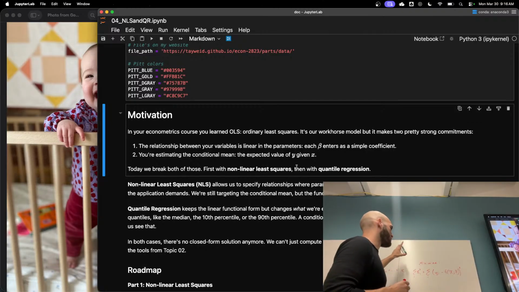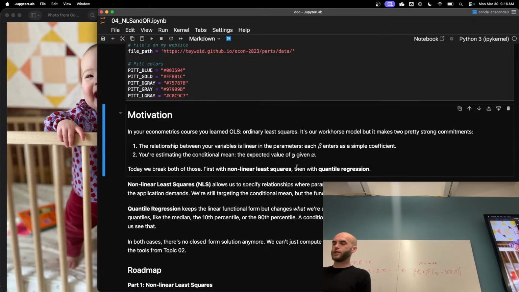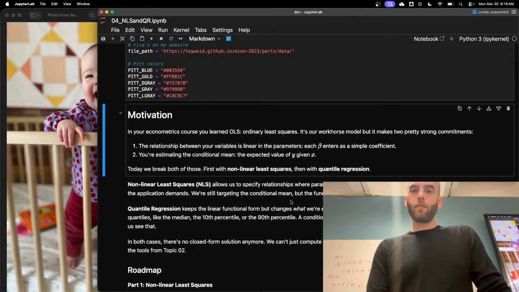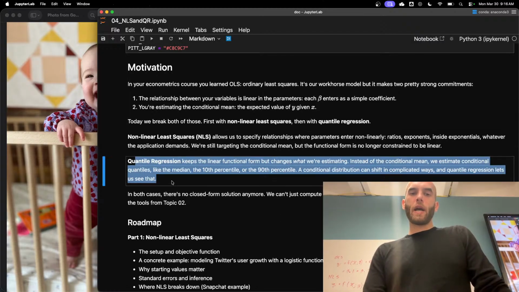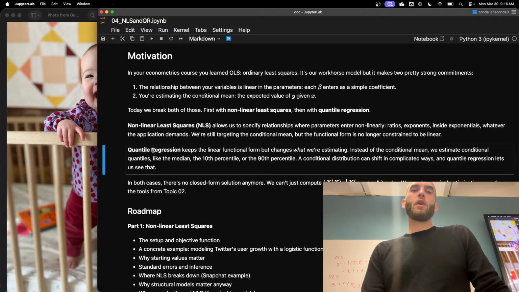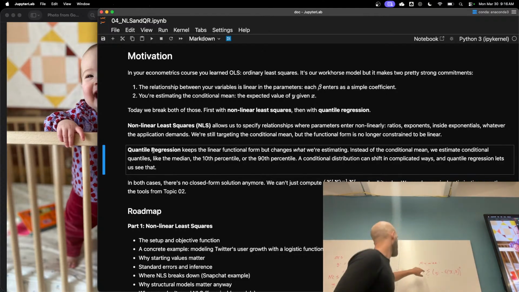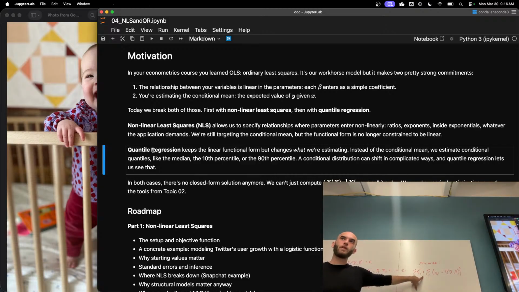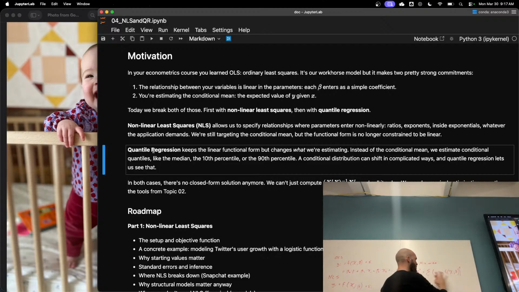What we were doing is essentially relaxing one of the assumptions of OLS, which is this linearity. The function is linear in the parameters, which is really nice for tractability reasons. What we're going to pick up with at the beginning of class today is relaxing a different assumption, which is this one. We're going to change the objective function. Instead of minimizing the sum of squared errors, where we take the square of the difference between the objective and the function itself, and try to minimize this thing using the betas, what we're going to do instead is